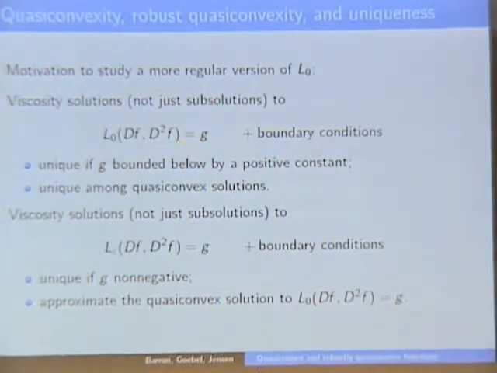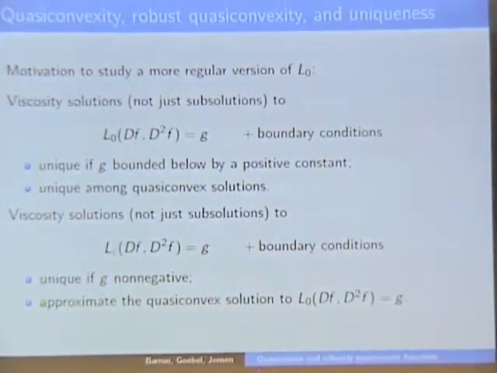And the good thing is, if you look only at quasi-convex solutions, you actually do have uniqueness. And I appreciate I'm skipping some technical details here, what assumptions you actually need, but essentially this is the big picture. If you look at a regularized version of this L0, I'm going to specify this in a moment, essentially, looking ahead, you want to look not just at the directions perpendicular to the gradient, but you want to look at the directions that are more or less perpendicular to the gradient. Again, details are coming up. If you look at PDEs like this,